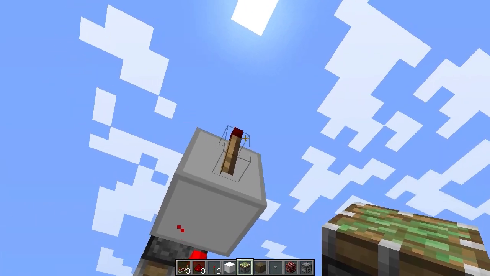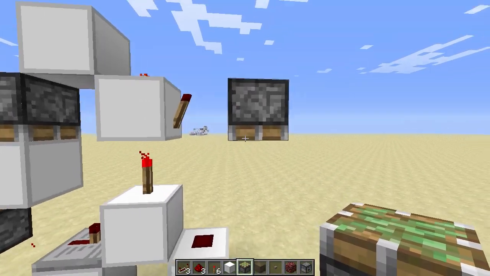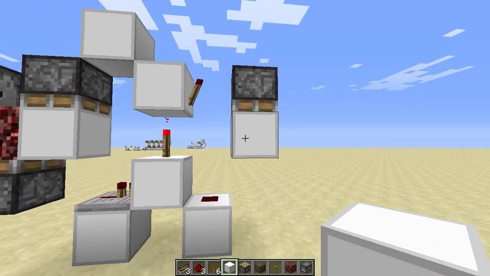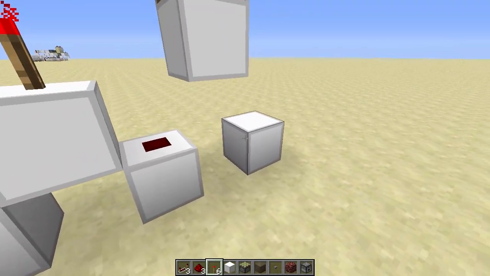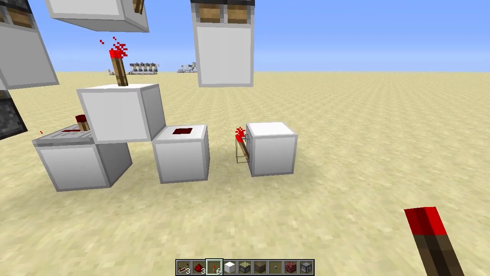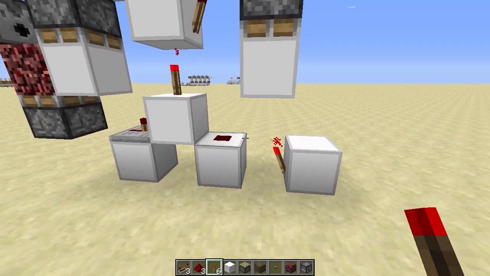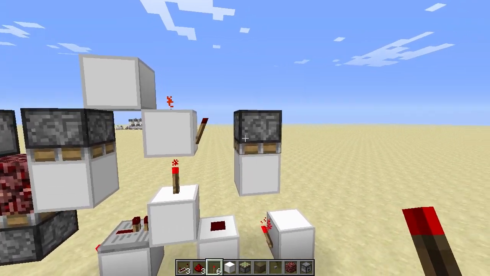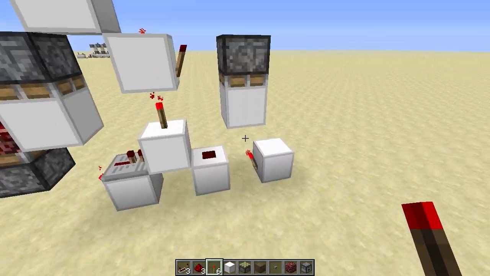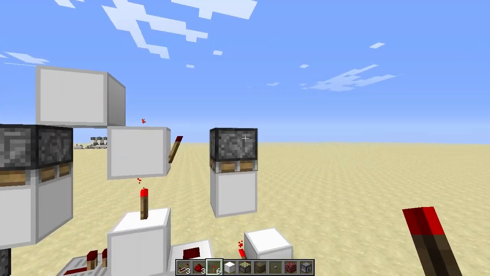Put a sticky piston like this, facing down, and a block like this. And now all you have to do is place a block over there with a torch like this. And it has to be on the block over here, otherwise it's again going to interfere with the redstone. So now we created a little loop, so if the piston extends, it's going